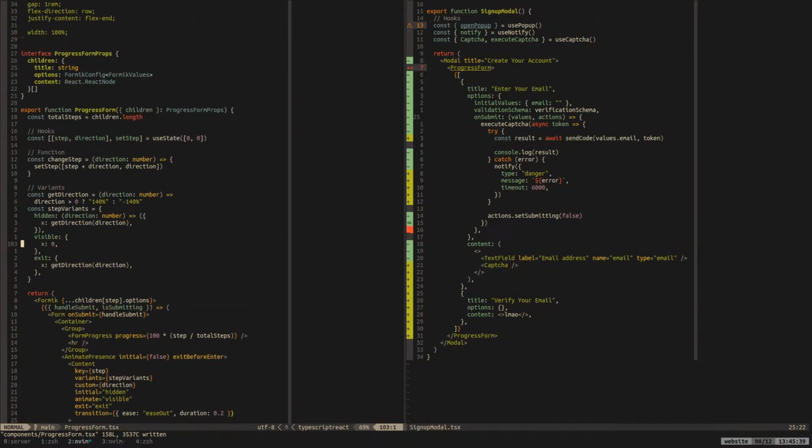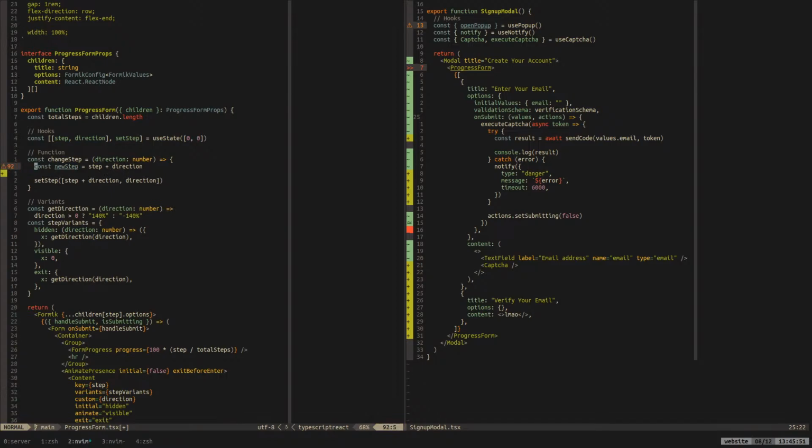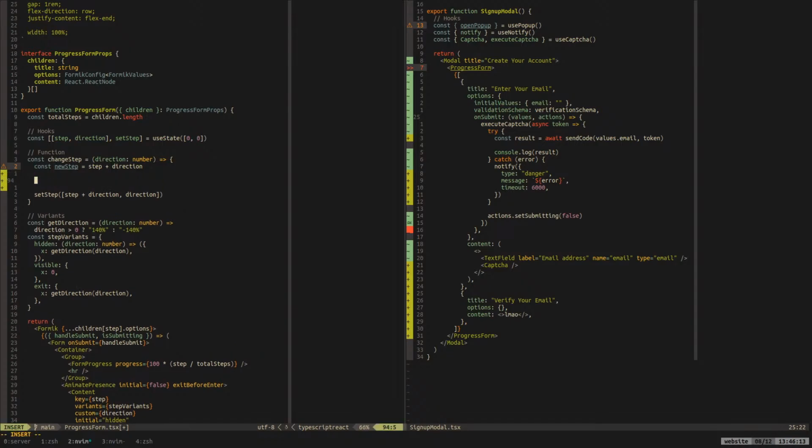We can do a thing that detects if the new step plus direction... Okay, well, let's put it here anyway.